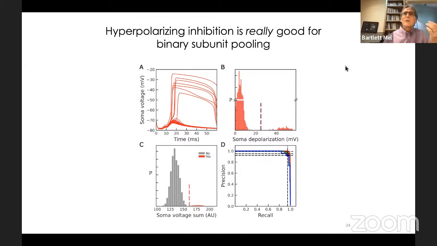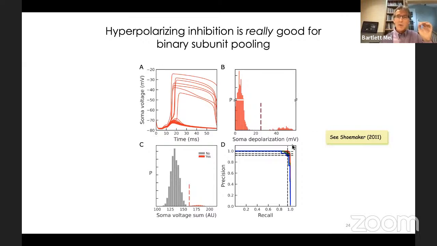And the thing that was really valuable for binary subunit pooling was having a strong hyperpolarizing inhibition on the dendrite, something that would be co-activated with the excitation, which creates a really nice separation between the suprathreshold and the subthreshold. This was actually a point made by Pat Shoemaker, who wrote a paper 10 years ago making a point about this. And we took advantage of it and we remembered it and tried this. So that was like the miracle that made everybody perform well, regardless of the spine density distribution, was having strong